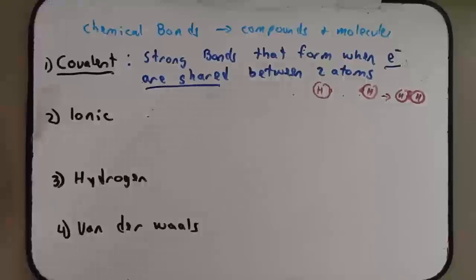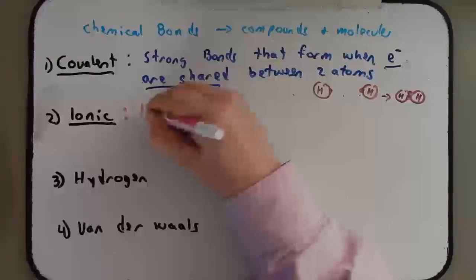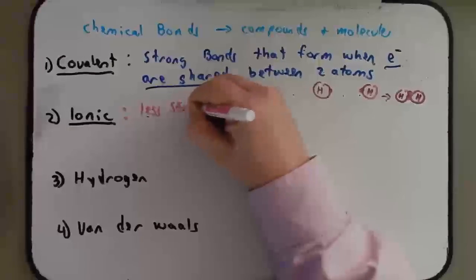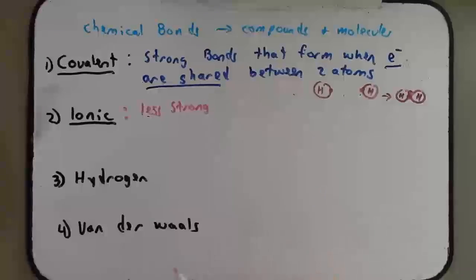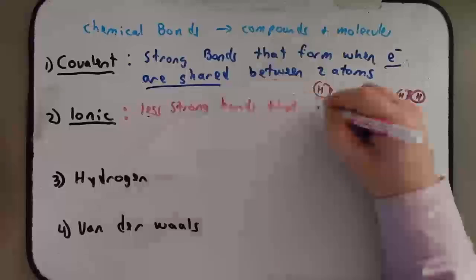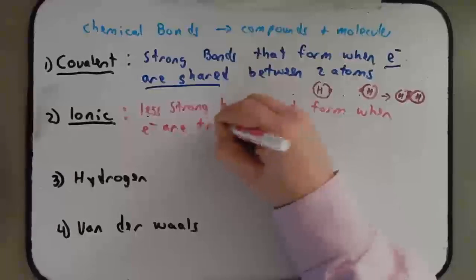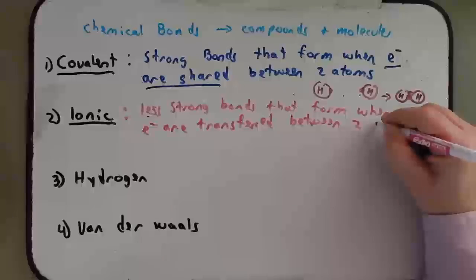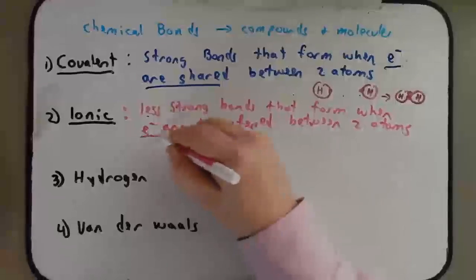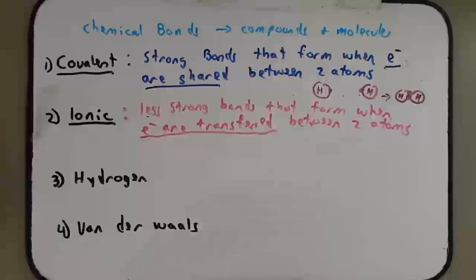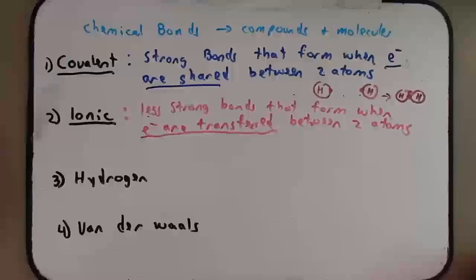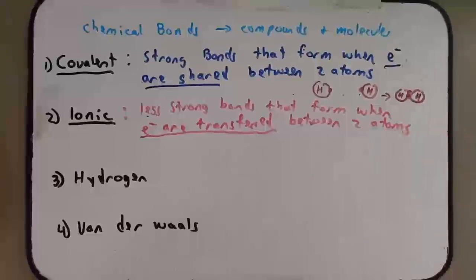The next one I'm going to talk about are ionic bonds. Ionic bonds are less strong compared to covalent bonds, but they are stronger than hydrogen or van der Waals bonds. So they're less strong bonds that form when electrons are transferred between 2 atoms. The key is that these electrons are transferred. So for instance, as an example of an ionic bond, let's talk about our favorite ionic bond